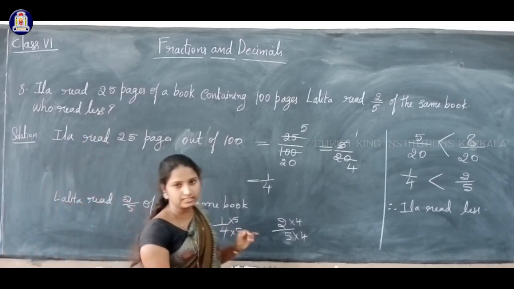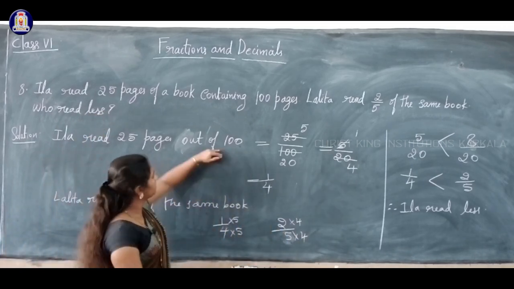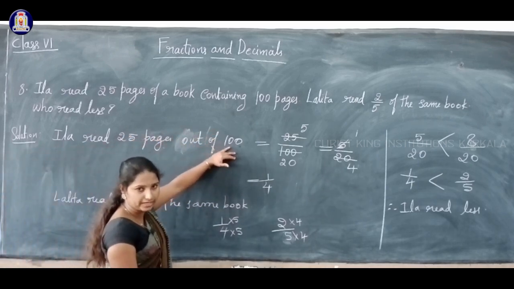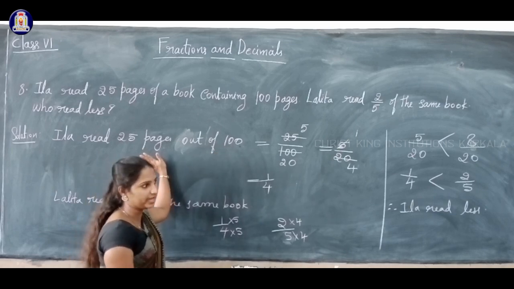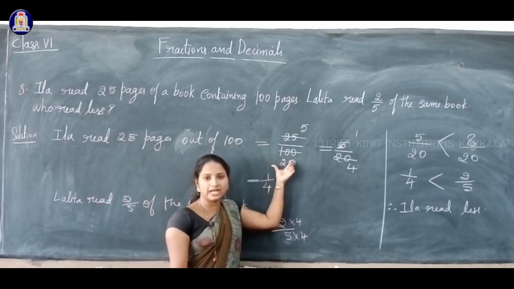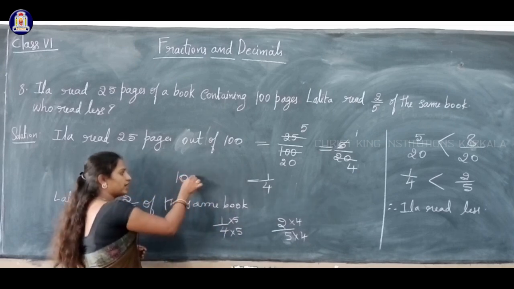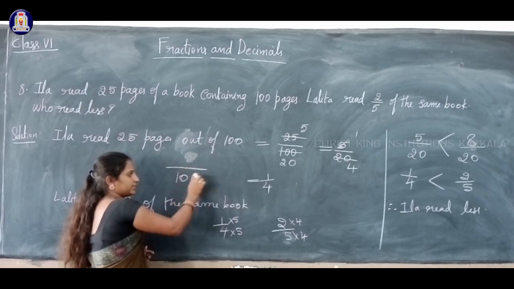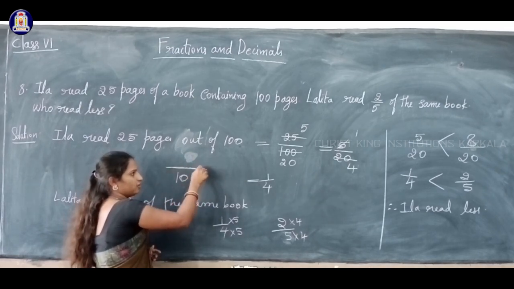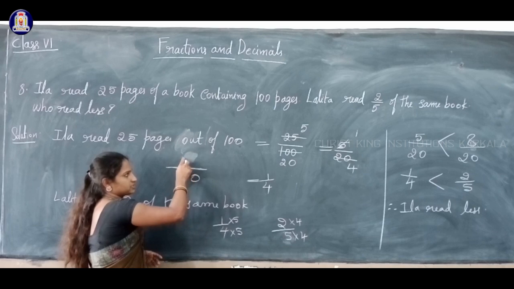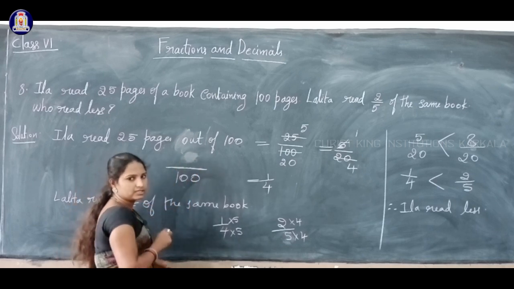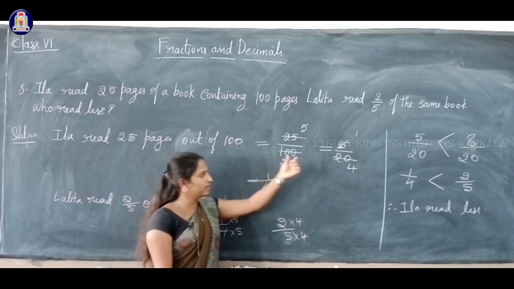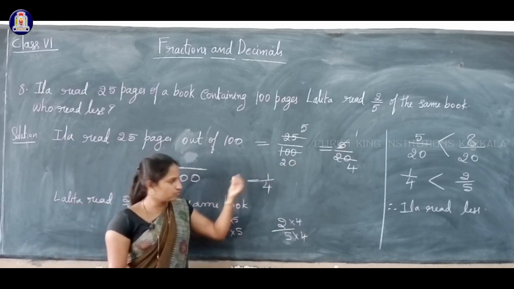Is it correct? Yes. So first you have to see, the question is given like this. Ayla read 25 pages out of 100. Out of 100 she read only 25. So 25 divided by 100. So always we'll see out of 100 like this. How much I got out of 100. So clear? 100 you must write in the denominator. And how many pages she read? 25 pages. So 25 pages you should write in the numerator. 25 by 100. If you simplify, we will get the answer in fraction like 1 by 4.